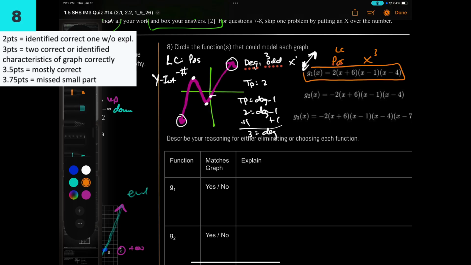Okay, but the answer is no. Graph is degree 3, a positive leading coefficient, and a positive, no, that should be a negative y-intercept. Okay, now if you compare it to the graph